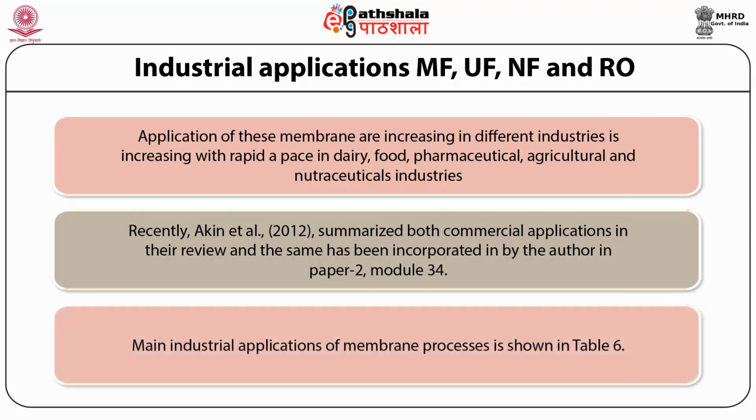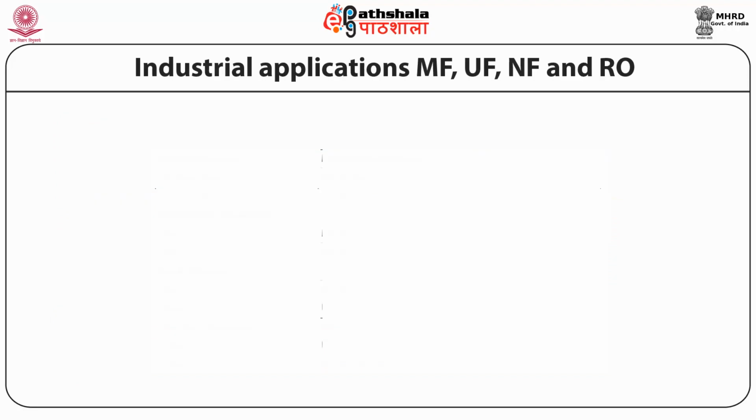Main industrial applications of membrane processes are shown in table 6, and numerous applications of membrane based processes, which are either established or still developing in different industries like dairy applications, food and beverage applications, pharmaceutical applications, and industrial applications, are given in detail on the official website of GIA Filtrations. A few of them are shown in table 7. So first we will look at table 6, which shows the selected industrial applications of membrane processes.